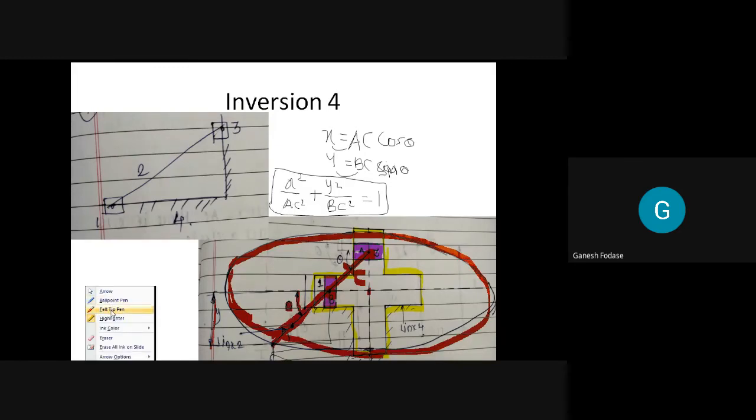Relation between AC and BC: AC equal to BC. So remember the exceptional case. If C is the midpoint of B, then AC is equal to BC. It is a special case. And if AC is equal to BC, then this equation becomes